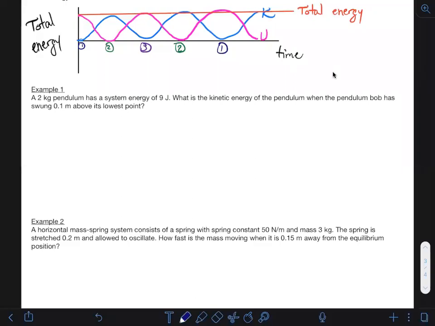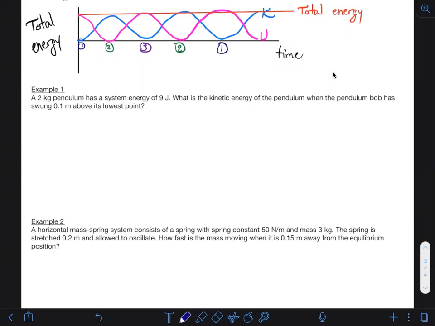Hi everyone. In this third video on section 6.1, we're going to go through two example problems. So let's do example problem number 1. A 2 kilogram pendulum has a system energy of 9 joules. What is the kinetic energy of the pendulum when the pendulum bob has swung 0.1 meters above its